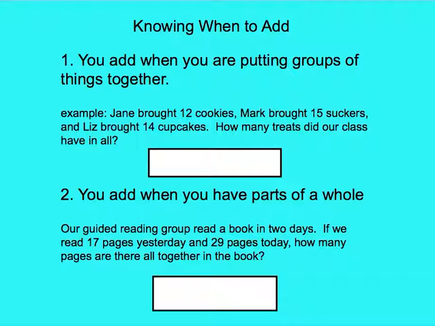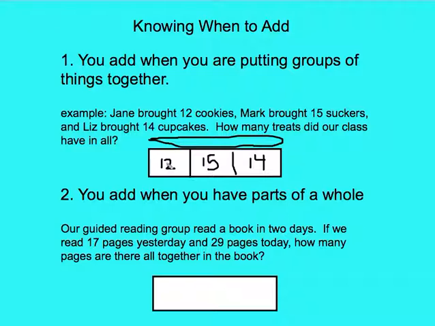We can use a bar diagram to help us. I know that this is the total number of treats. What I don't know is how many treats that is. So I'm going to try to figure out this total amount here. I know that a part of it, this section right here, are my 12 cookies. I know another part of it, this section right here, are my 15 suckers. And then finally I know the last part is the 14 cupcakes. Notice how I have 3 smaller parts, and when I put them all together, I end up with my 1